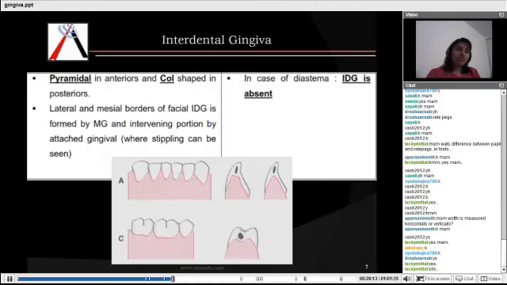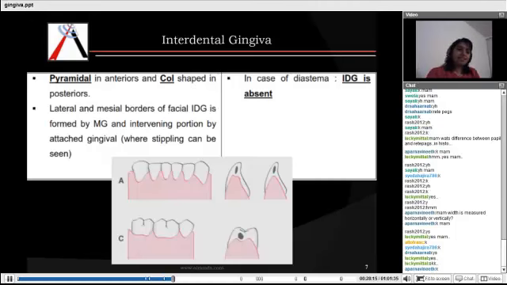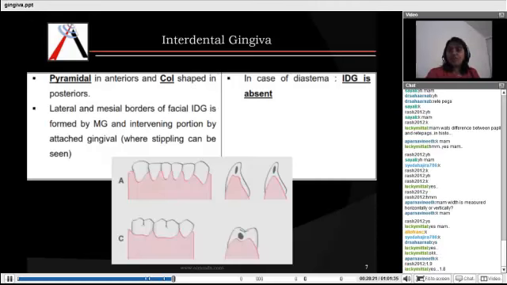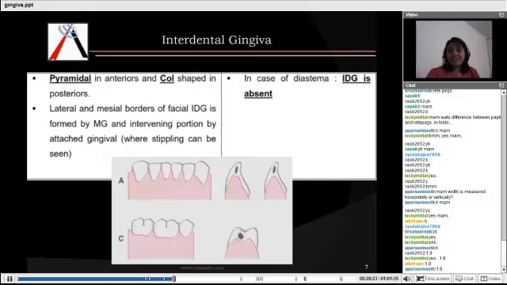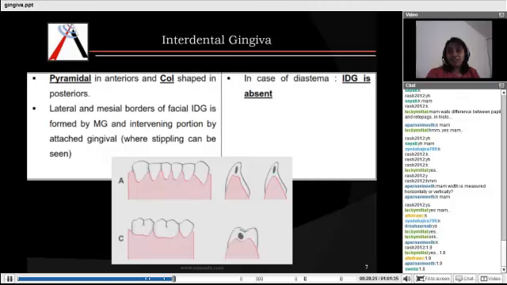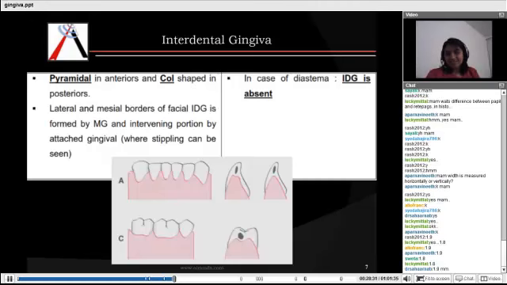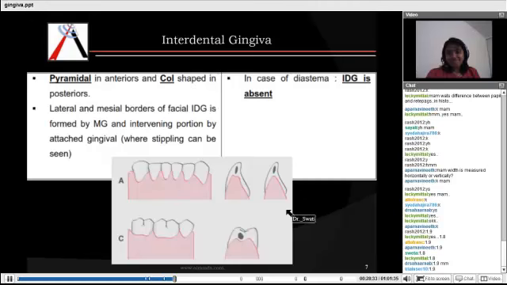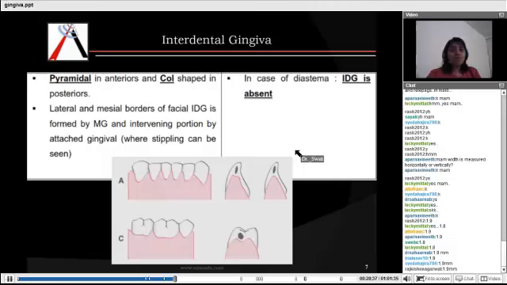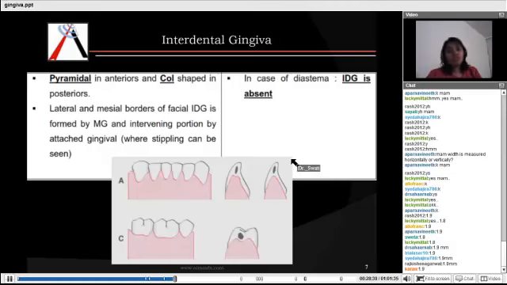Do you remember the width of attached gingiva in the maxillary premolar area? Can you all be quick and write it in the chat box? Let's see how many of you. Maxillary premolar area. I'm getting 2 answers. It was 1.9 mm. And how much was it in mandibular? Mandibular was